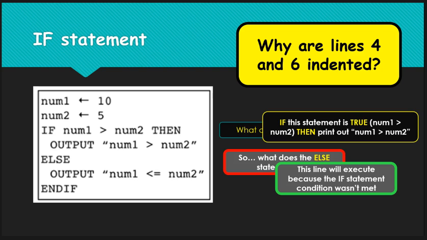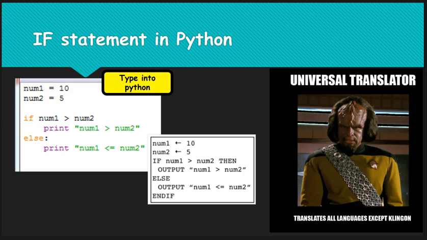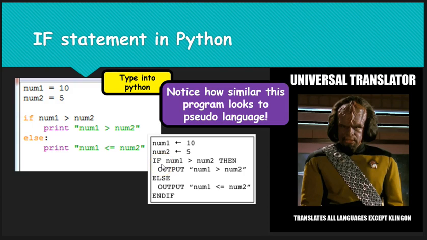In lesson, what I did next was I got you guys to have a go at creating a program in Python, and the statement is there in Python. So this Python program directly translates into that pseudocode. Notice how similar this program actually looks to pseudocode language. I've forgotten the colons there, so at the moment it won't work because the colons aren't there. So the idea is that this program in Python does the same as that program there.